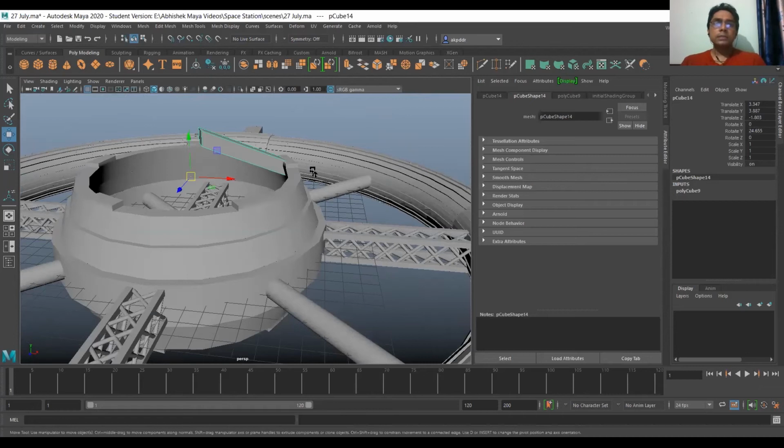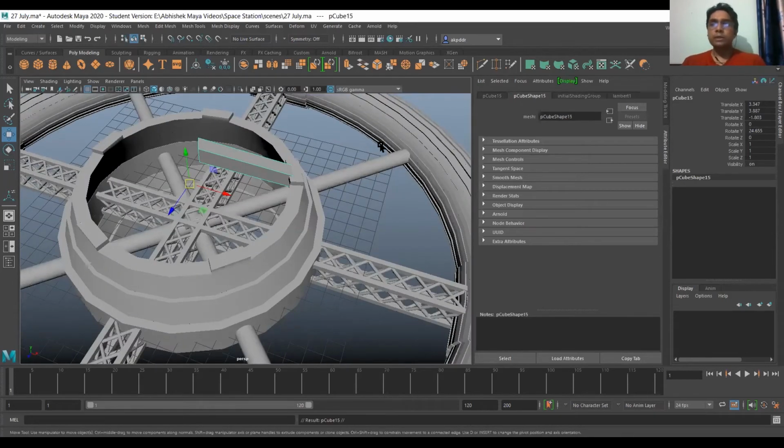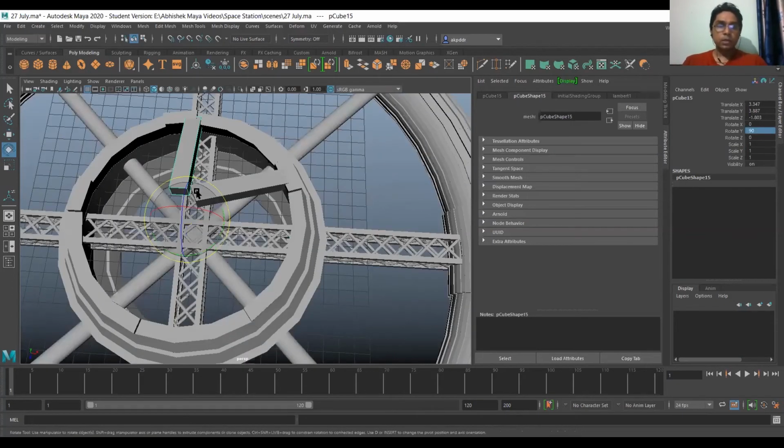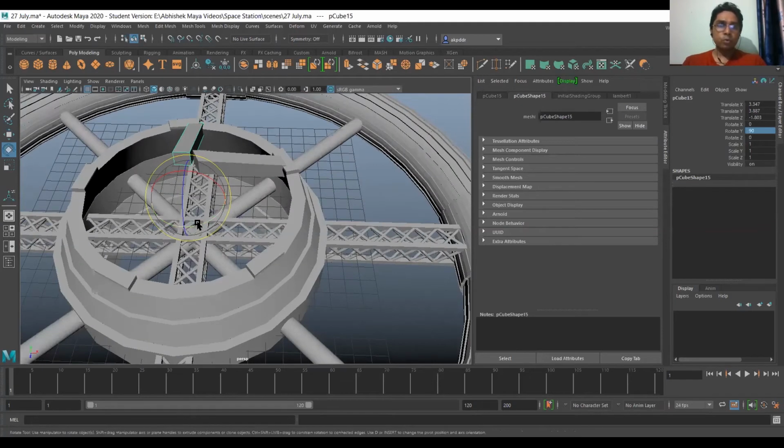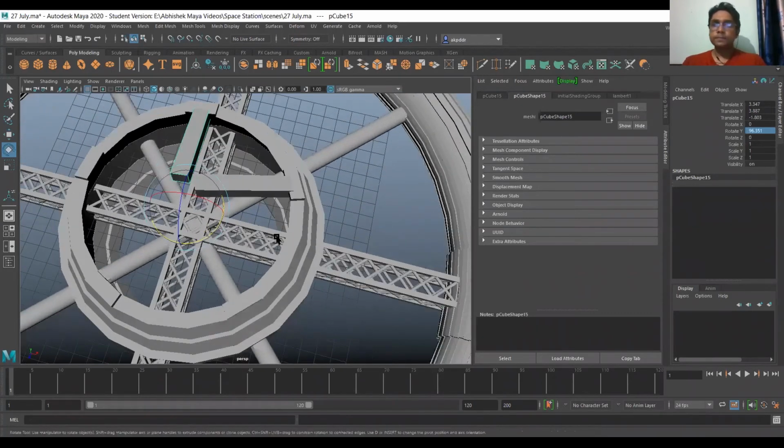Now just duplicate your file, Control D, and in rotate Y, I'll give the value 90. Let me rotate it a little bit more. Yes, that's fine. So I've given the value 96.351.